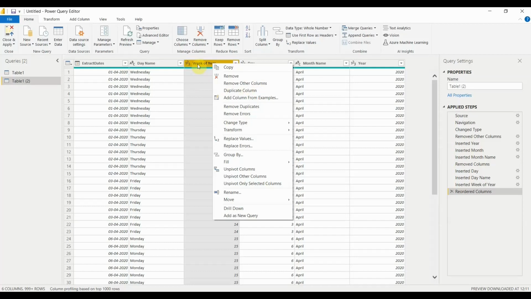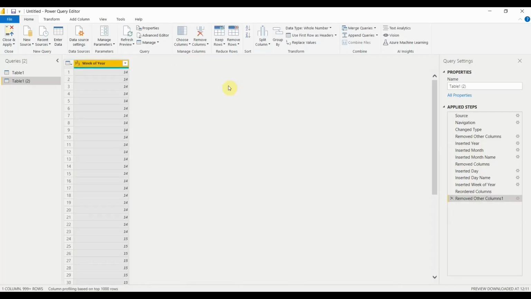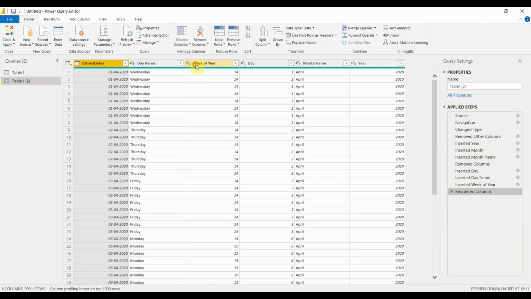For example, I have selected week of the year, and if I click on Remove Other Columns, it will remove the other columns except week of the year, and the step you applied is shown here. If I just delete that step, all my columns are visible again.